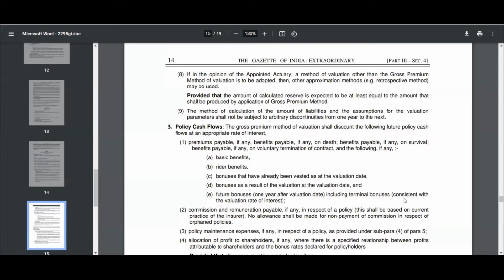The policy maintenance expense, obviously we know from the prospective reserve calculation formula, it is the expected present value of benefit plus expense minus premium. And finally, the shareholder transfer: if there is a relation with the policyholder transfer, bonuses will be divided in a particular formula between the policyholder and the shareholder, provided allowance for tax has been considered. So this is for participating policies where there is a specific formula, it will be divided 90:10. So that should also be considered in the reserve.